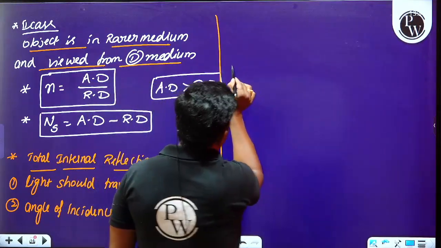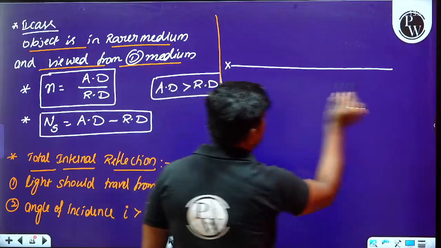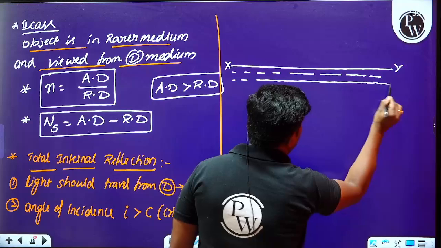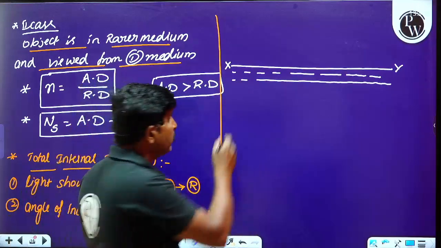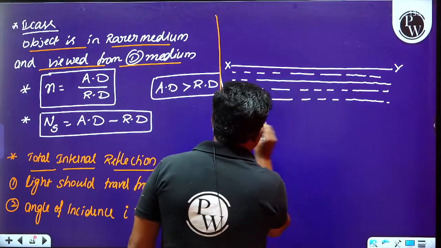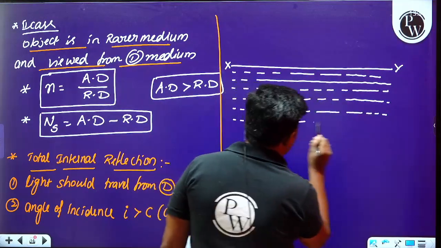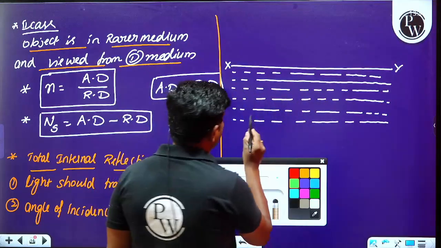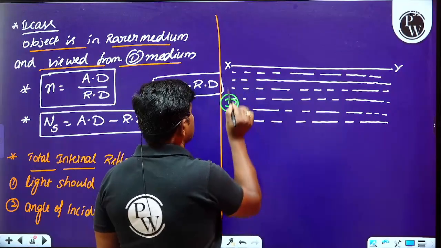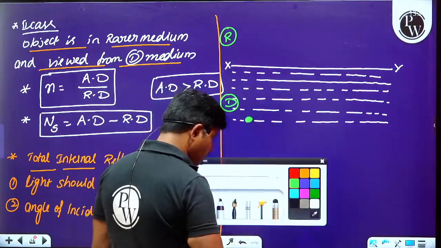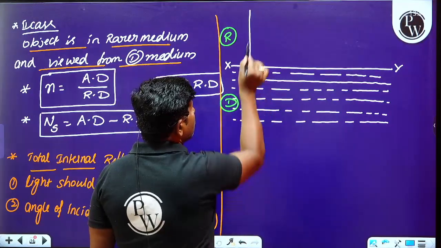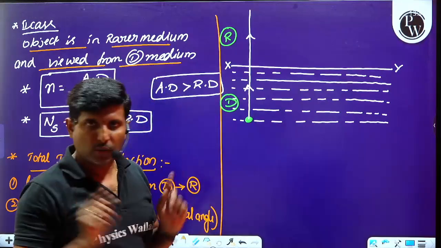Please observe this. Let us consider a refracting surface. Let us say it is a water medium. Water is denser compared to the air medium. So let us consider water as the denser medium, and imagine an object located in the denser medium, with air as the rarer medium. The light which is incident normally will go without any deviation, for I equals 0, R equals 0.